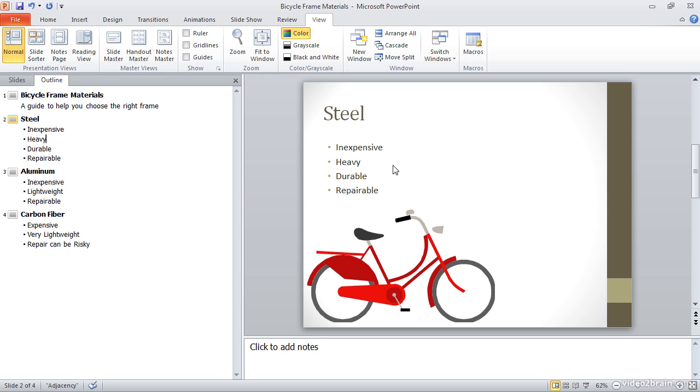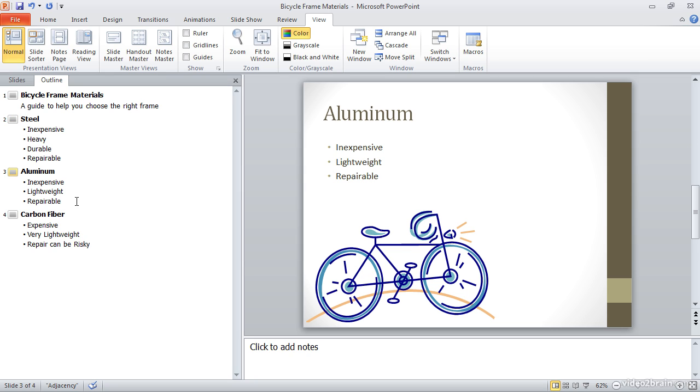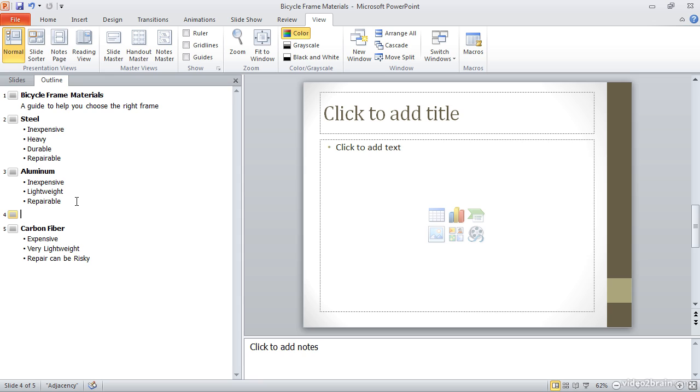I can also add an entirely new slide with the exact same process utilizing this outline view. For example, let's assume that I'd like to add titanium as an additional option, and I'd like to place it between aluminum and carbon fiber. I'll place my insertion point after the last item under aluminum, and then I'll press Enter on the keyboard. Of course, this causes that new item to be a bullet item underneath aluminum, and I actually want an entirely new page. So I'll use the Shift-Tab key to move back a level, essentially moving up to the page level